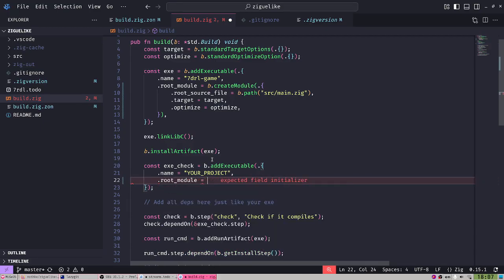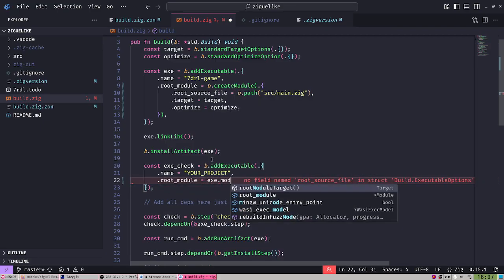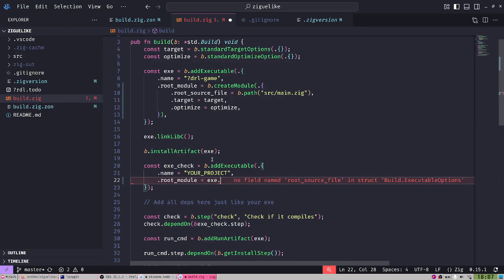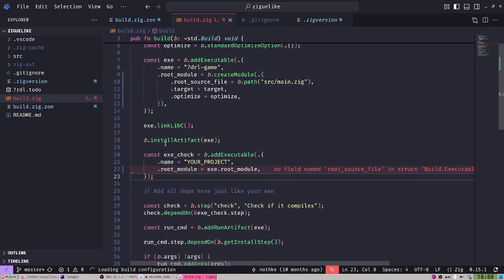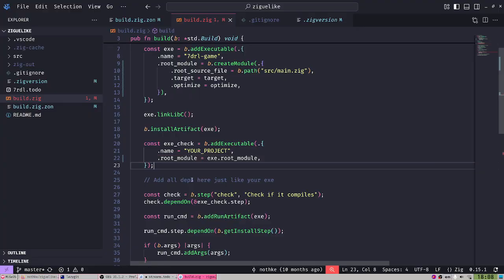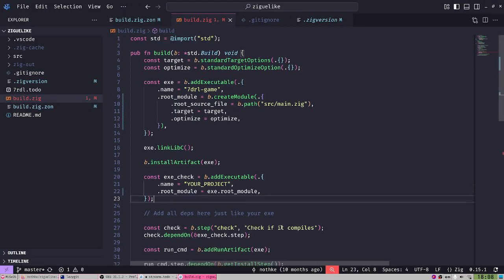So I can say root module is exe.root_module, and there it is. And that should fix that issue. But here's the thing, I'm not actually sure if we need the check step anymore. I think this is done automatically by Zig and ZLS. But yeah, let's keep it just for fun.